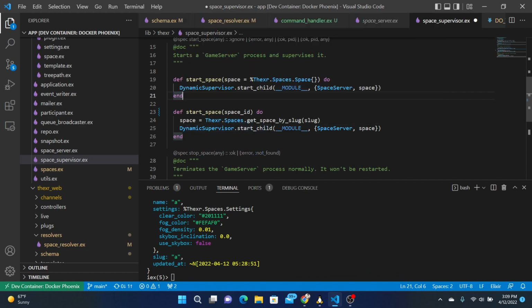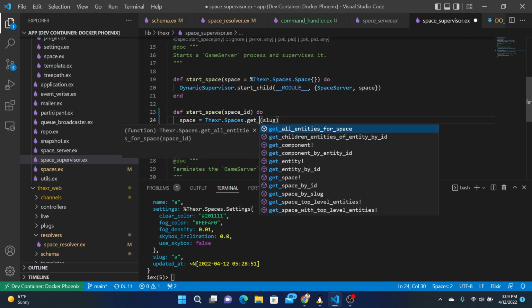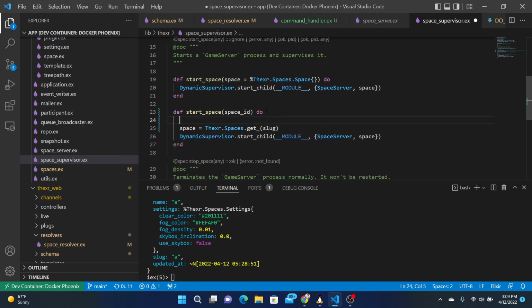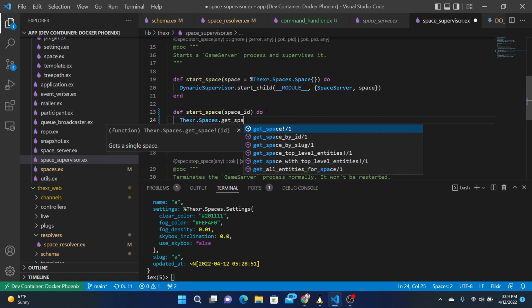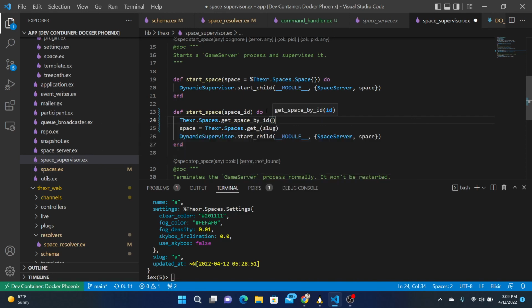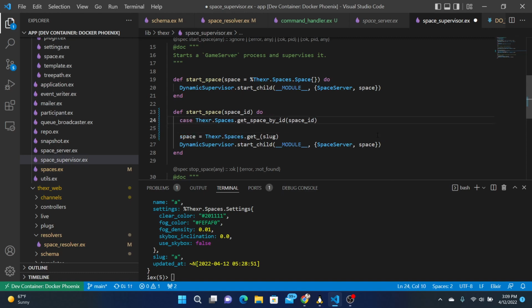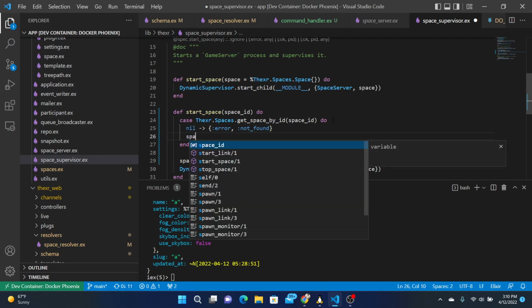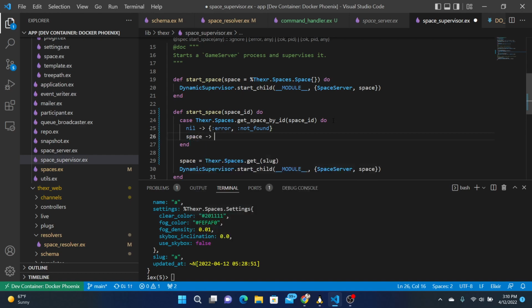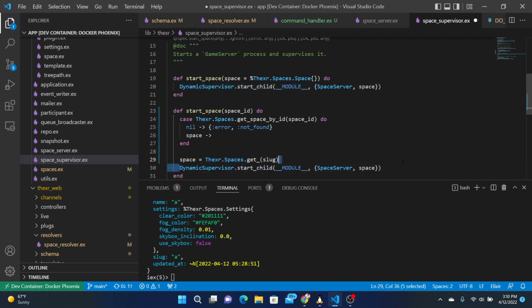Then here, get space. Let's do one of these. XR space get space by the ID. Space ID. Case nil. Back error not found. Otherwise, we have the space. This.